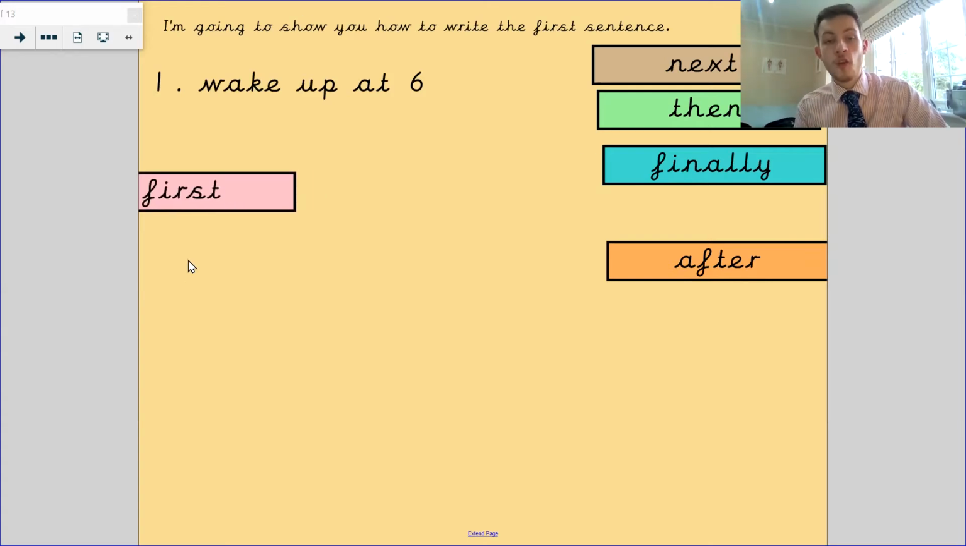Once I've got the first time sentence starter, I'm going to need to write out my sentence. So my sentence is going to be wake up at 6. So first, wake up at 6. Now, what's that going to look like? Well, I'm going to have to make that into a sentence. So first, I